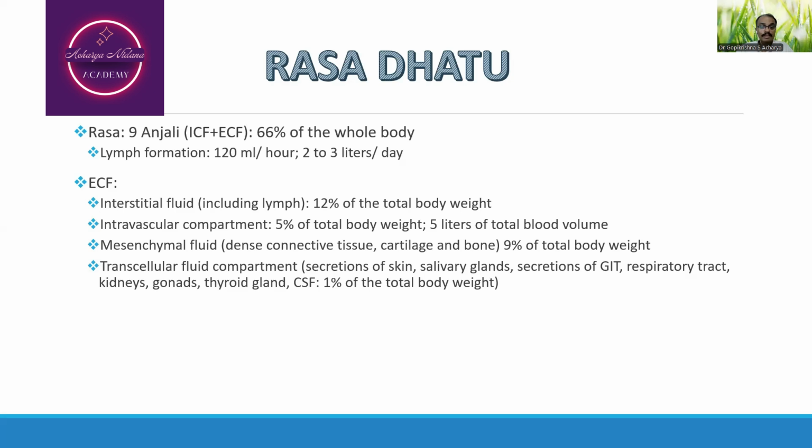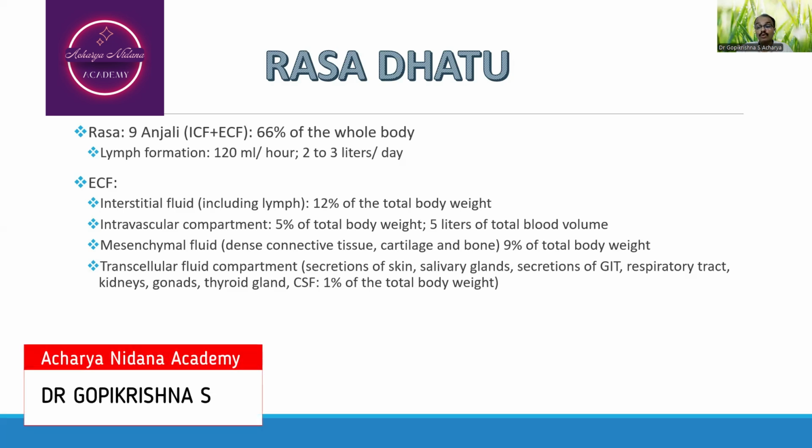Further, it is mentioned that extracellular fluid is considered to consist of 4 different elements: interstitial fluid, which comprises 12% of the total body weight, whereas the intravascular compartment, which is nothing but the blood vessels comprising the blood, comprises 5 to 8% of the total body weight. As far as the volume of the blood is concerned, nearly around 5 liters of total blood volume will be observed,